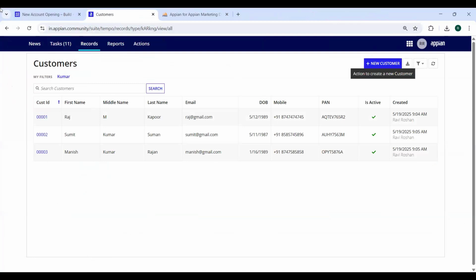So this is what we did. Now what you see is a list of the customers. Now let's say we have a record where we have maybe 50 columns. It's not a good idea to display all 50 columns in one grid. If I want to see more information of a particular record, then I should see a summary page where I can see all those fields. Now, do I need to design a summary page? No. You simply go here, open the record,